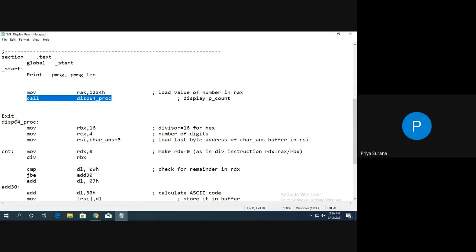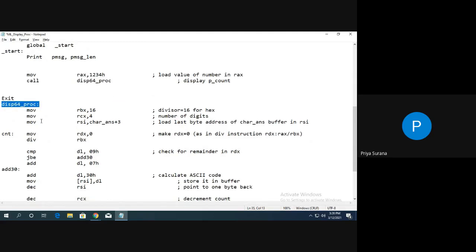If we check this display procedure, this is the name of the procedure. You are all aware that the call instruction is for procedures. What is the syntax of this call instruction? Call procedure name. Control will transfer to the procedure name, it will search for that procedure name, and the procedure name is this.